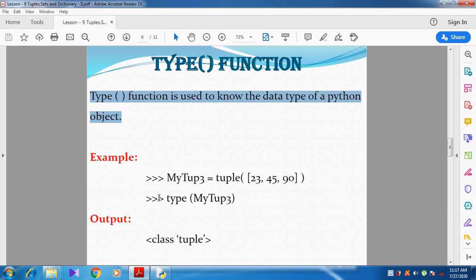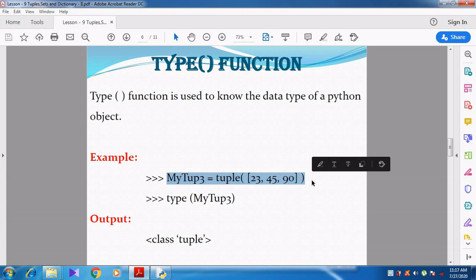See here, I am using myTube3 is equal to tuple, the same example, myTube3 is equal to tuple 23, 45, 90. All the elements are given within square brackets. These are list elements, and then these list elements are converted as a tuple using the tuple function, and it is stored in myTube3.